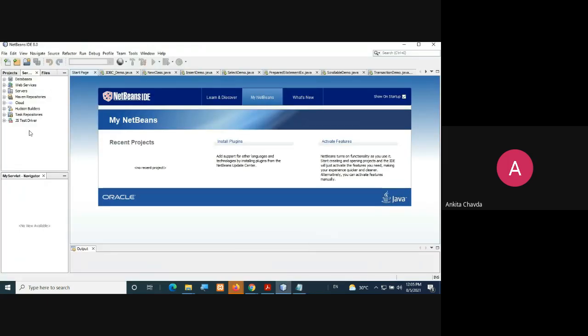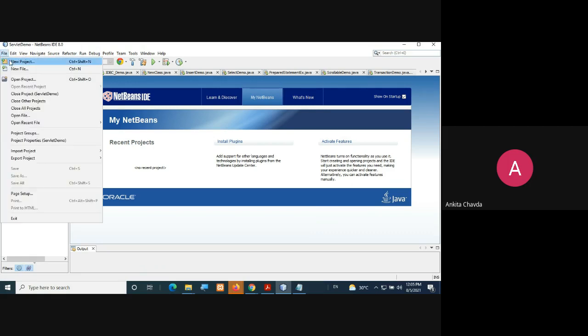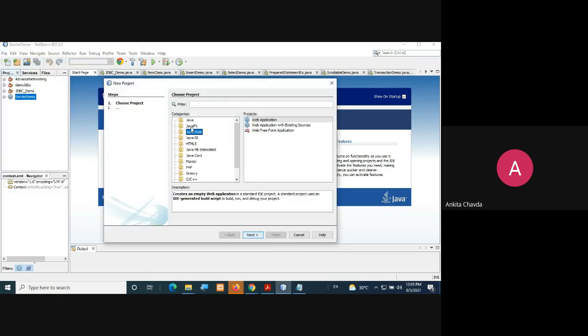One servlet you need to create. Okay. So here, what you need to do is first create a new project.